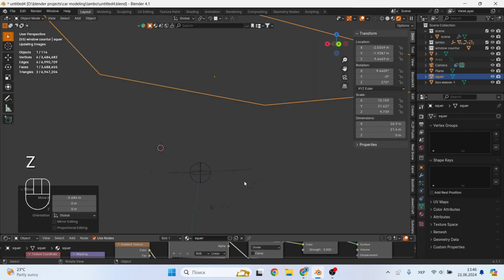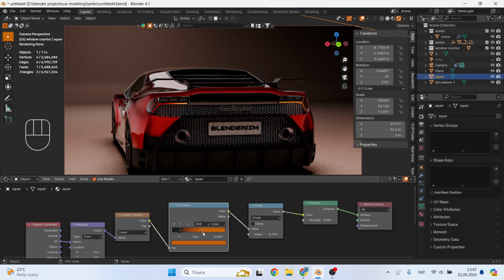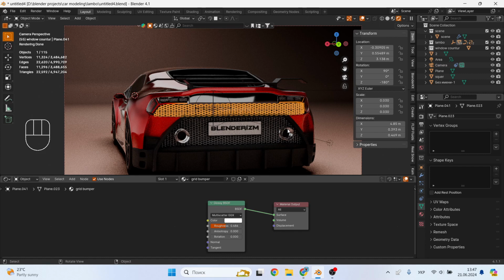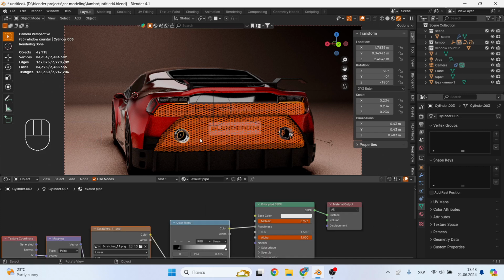And in general, you can add a little color, for example, orange. Let's see how it looks. I suggest leaving it with orange. The next step is to add 2 grills and 2 exhaust pipes to a separate collection so that the area light shines only on them and we see a small reflection.